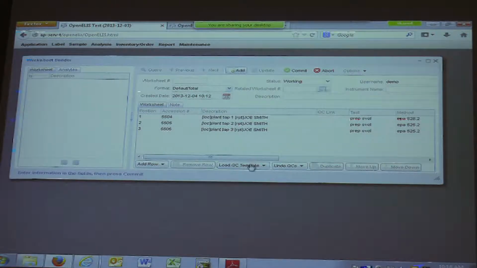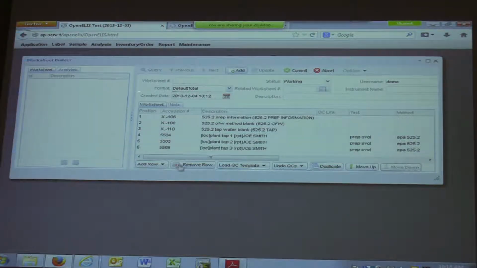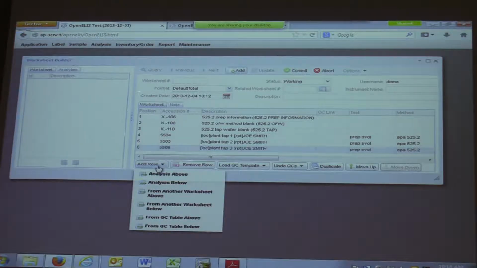Okay, so then regarding Marina's question, if I don't have a template or I don't want to load the template, I can go back to add row. Actually, in this case, I'm going to go ahead and leave the template there. Then I can go to my last row and say, well, I want that, but I also want some other QCs. So I go back to add row,